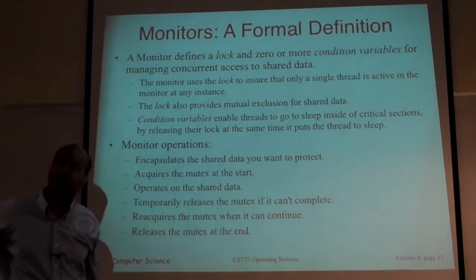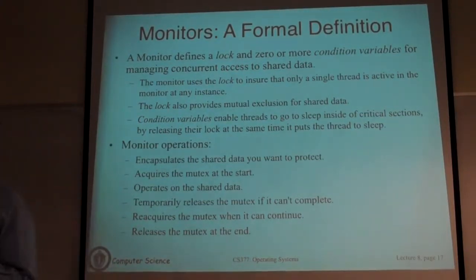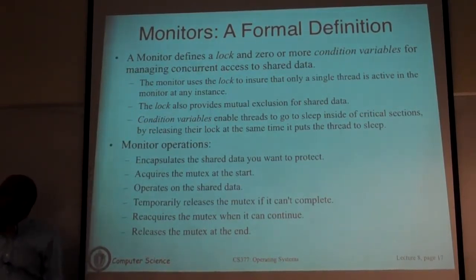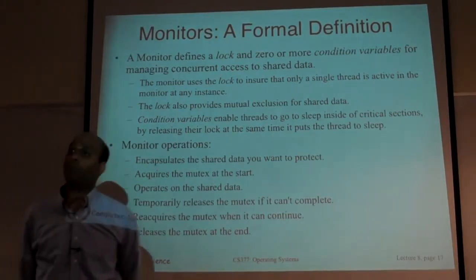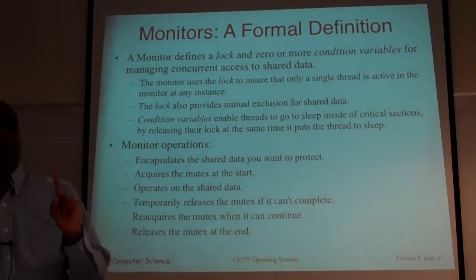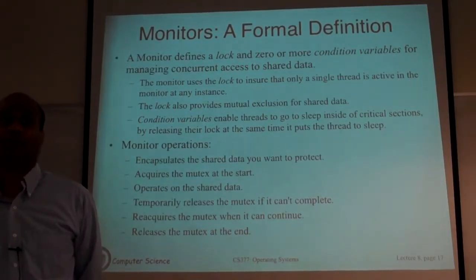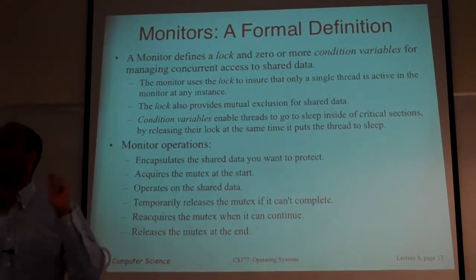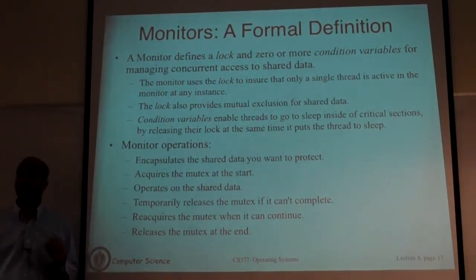So what the monitor does is it automatically provides synchronization. Whenever you call any method on this object, or any method of the class that the object belongs to, it basically automatically grabs a lock. So before entering the method, you have a lock on the method. What that means is if there are multiple threads, only one thread can execute any method of that object or that class at any time. If another thread calls, let's say foo being the object, you call a method on foo, it will block by definition because you have to grab a lock before executing the method.